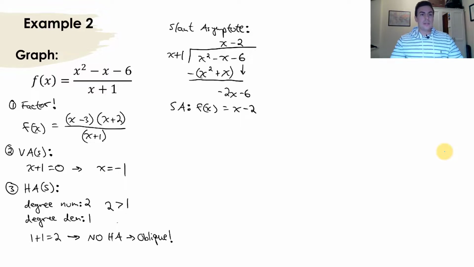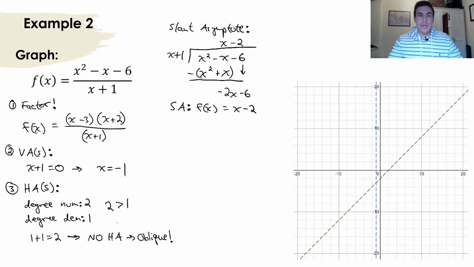So once you do this twice, right? Once you have 2 terms here in your quotient, you can just stop, all right? You don't care what that remainder is. You can stop here. That's going to be your slant asymptote. You can move on. All right, so if we go ahead and get our coordinate grid out and we go